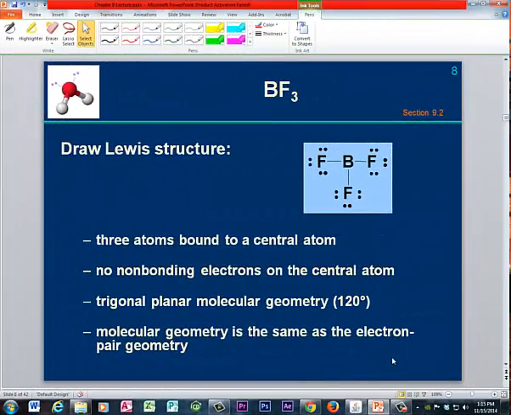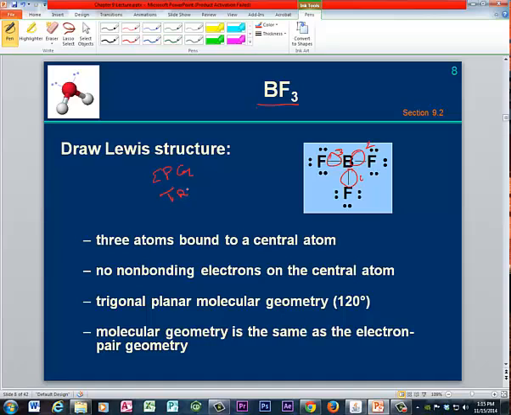Now let's take a look at boron trifluoride. The first thing you're going to want to remember is that boron is one of those electron deficient atoms that's happy with less than an octet around it. In this case, it only has 6 electrons. There's no non-bonding electrons on the boron atom. So we draw the Lewis structure, we count the things, 1, 2, 3 things around the central atom. And with 3 things around the central atom, just like sulfur dioxide, we have an electron pair geometry